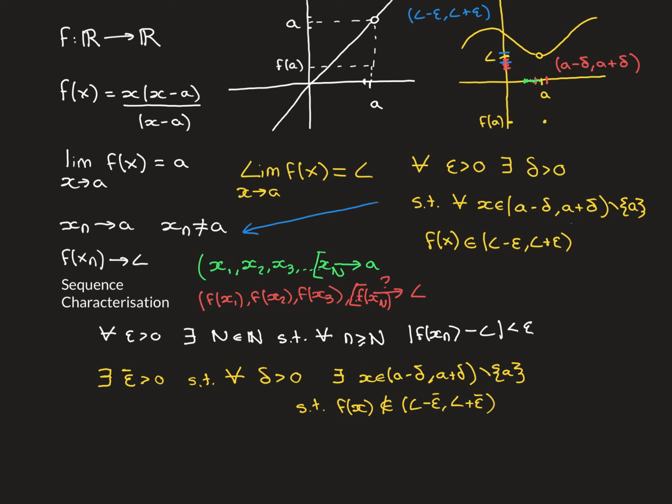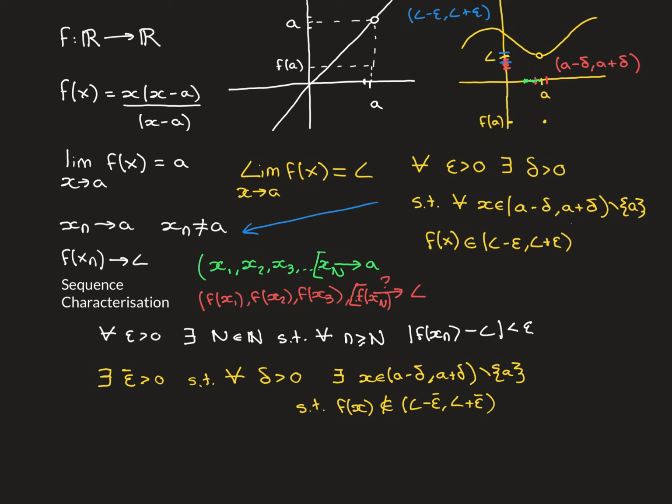So let's now negate the rest of this. So the rest of this was saying that there must exist a delta interval around the point A, such that all the points apart from A are mapped into that epsilon interval around L. So the negation of that not being true means that whatever delta interval you take around A, there must exist a point in it that is not mapped into the epsilon interval around L. So writing that down, it must be the case that for all delta greater than 0, there must exist a point inside the delta interval around A, excluding A itself, such that that point is not mapped into the epsilon